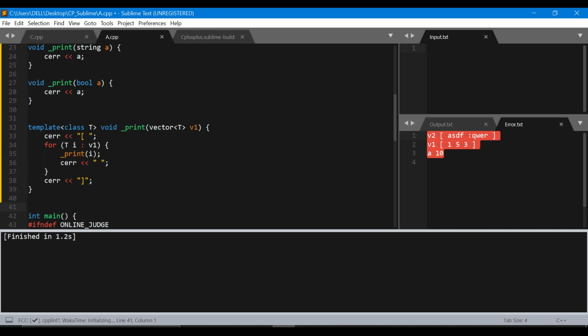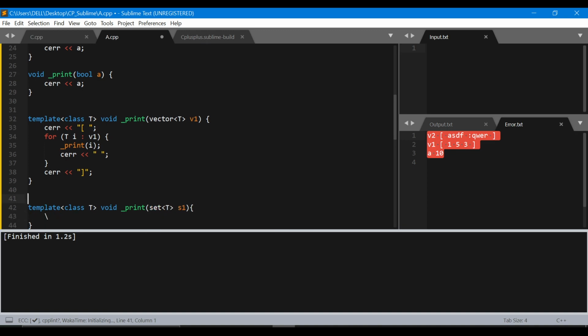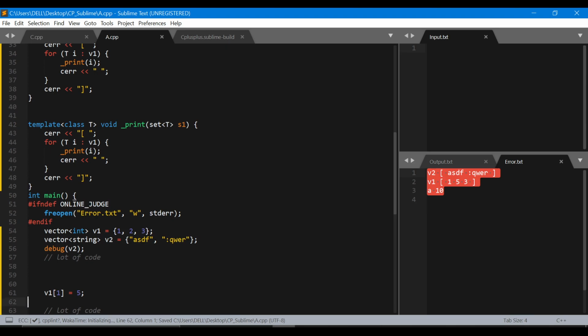And similarly, you can create a template function here again for a set. Like we did this for a vector, we can do the same thing for a set. And I'll copy this part here. And let me create a set now here.